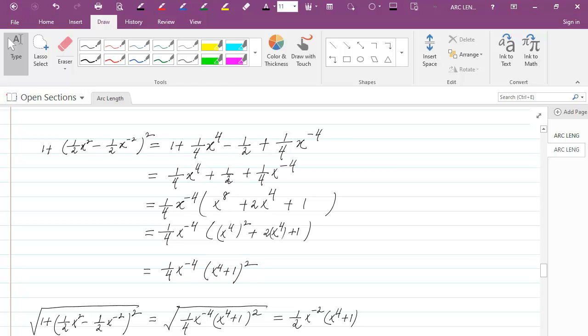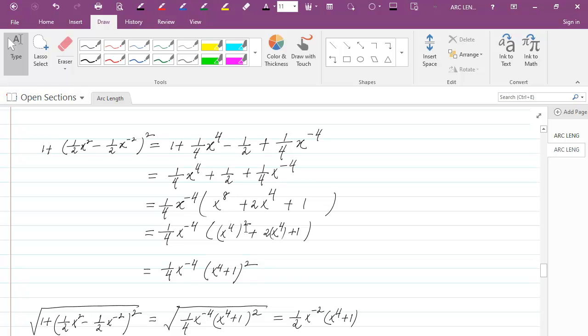Half, if I multiply that by 4, I get a 2, and then if I multiply that by x to the 4, then I get 2x to the 4. If I multiply by 4, this 1/4 goes away. If I multiply by x to the 4, this goes away and gives me 1, so I get 1 here. So if I factor out 1/4 x to the -4, then I get x to the 8 plus 2x to